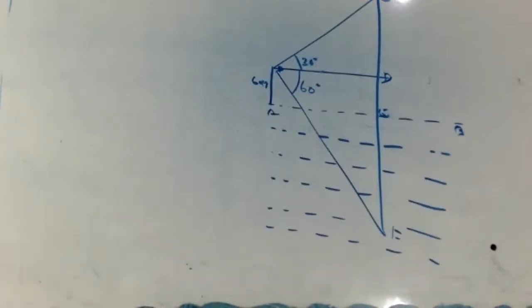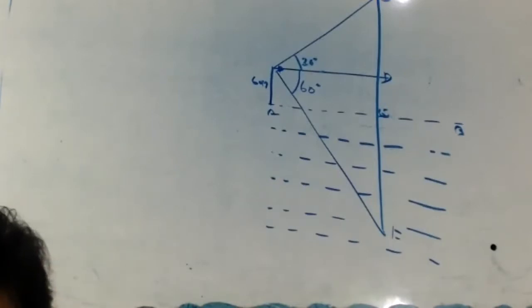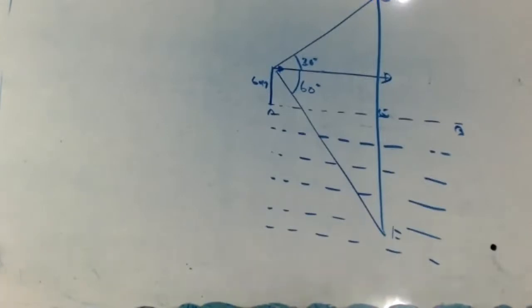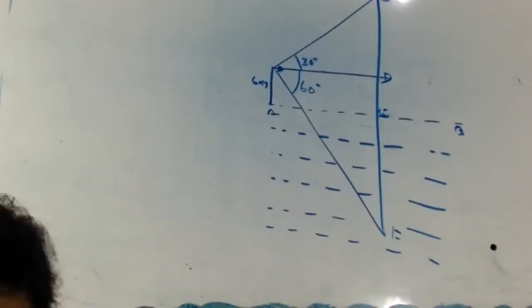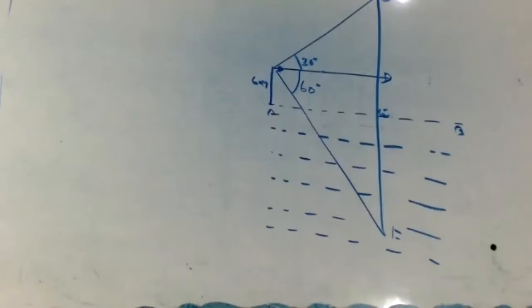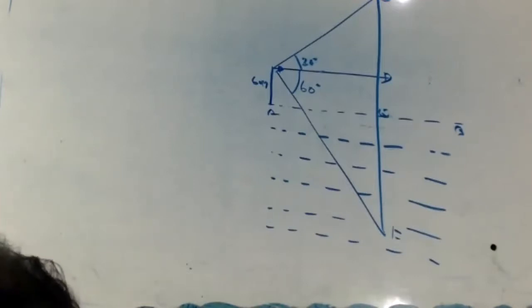Now look here. Once again, listen. This is actually a dummy question. Two more questions are coming, the same cloud questions. All three are important. I'll read the question again. The angle of elevation of a cloud from a point 60 meters above a lake is 30 degrees, and the angle of depression of the reflection of the cloud in the lake is 60 degrees. Find the height of the cloud.